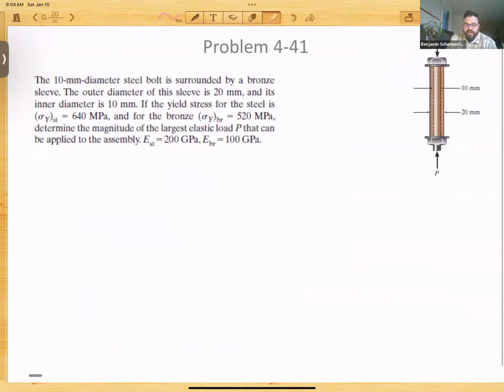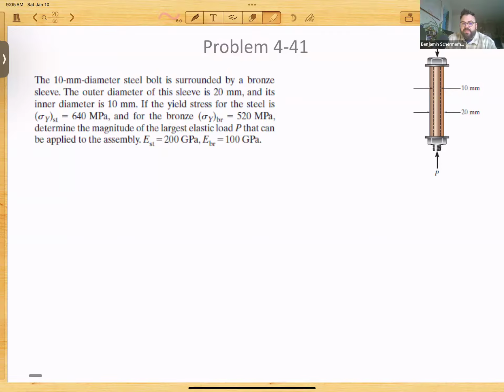That's a little bit more complicated, just to give us some additional practice. So we have a 10 millimeter diameter steel bolt surrounded by a bronze sleeve. The outer diameter of this sleeve is 20 millimeters and its inner diameter is 10 millimeters. The yield stress for the steel is 60 megapascals, and for the bronze, the yield stress is 520 megapascals. We want to determine the magnitude of the largest elastic load P that can be applied to the assembly, and